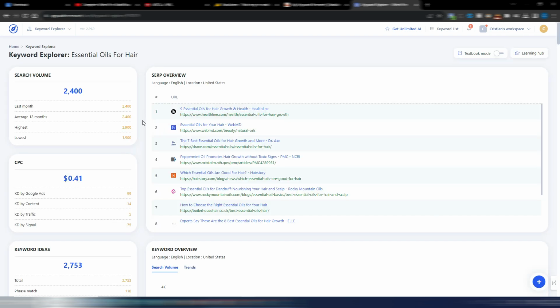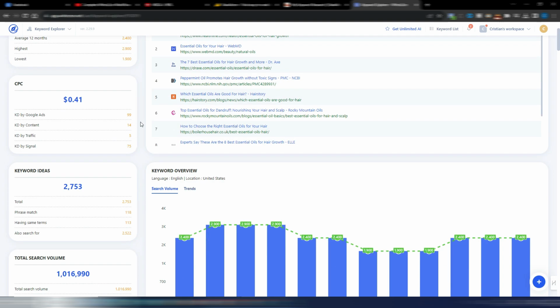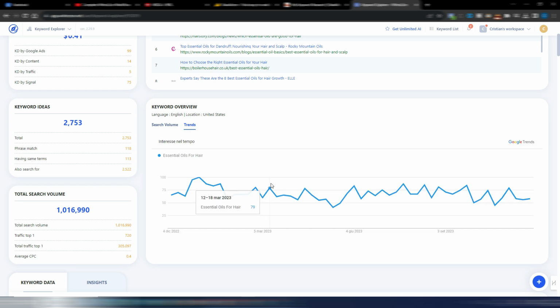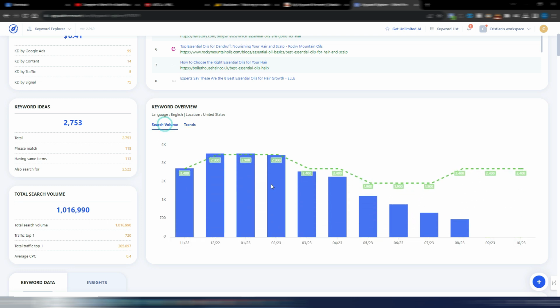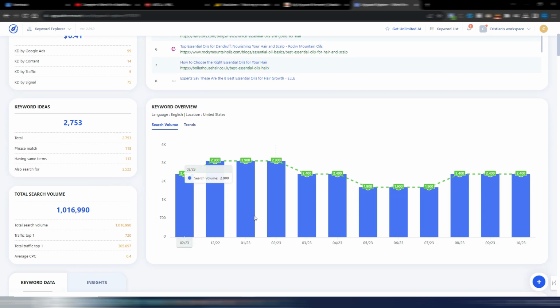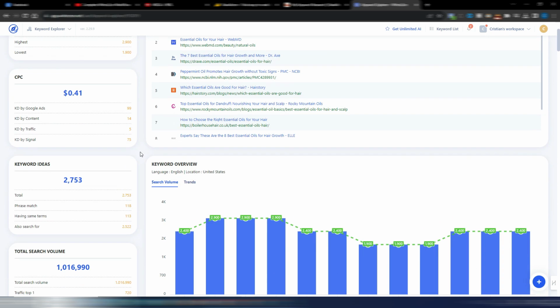And these are my data for this specific keyword with all the trend section here. It's the keyword overview, search volume month by month for the last 12 months. I also have Google Trends here. So as you can see, I have some more data. I have the SERP in comparison with